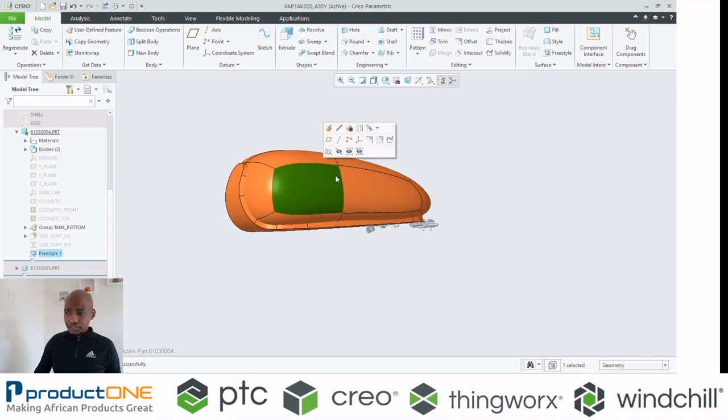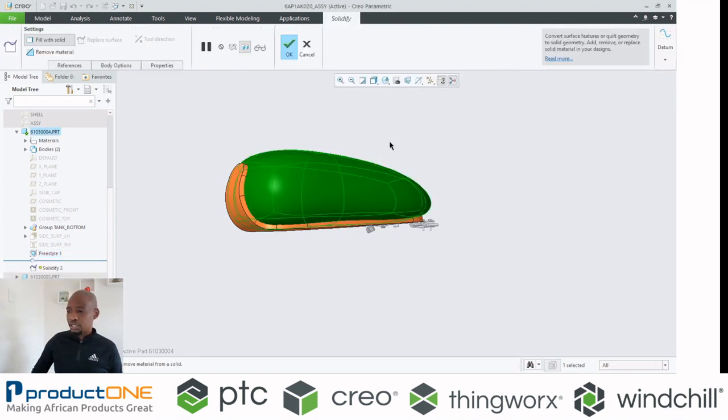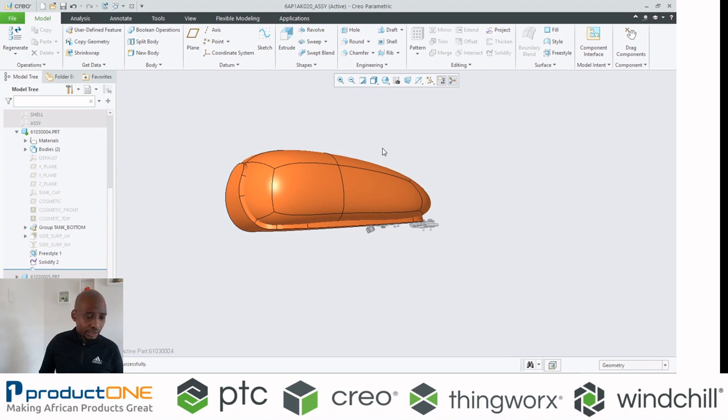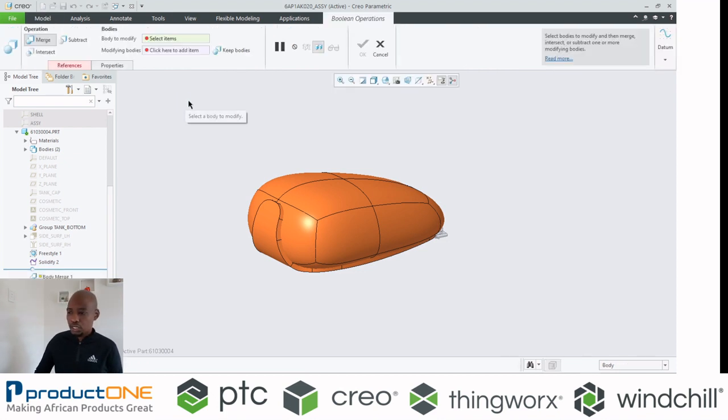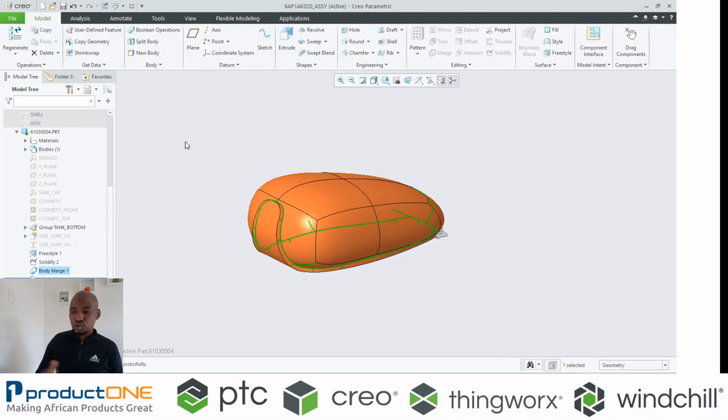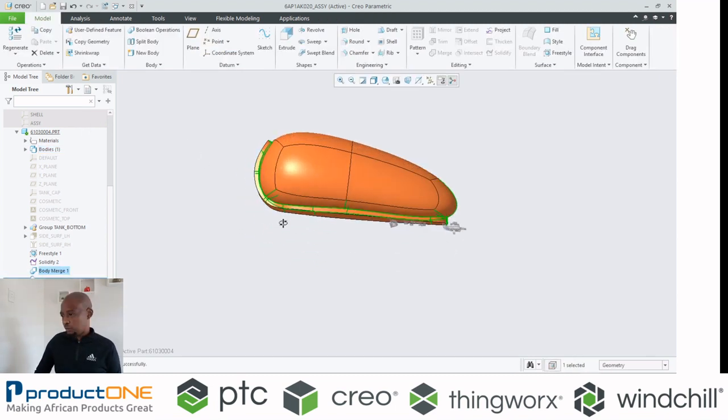Now, this is a surface. I can make it a solid just like that. So now you could modify or merge two pieces of surfaces before, but this time around PDC on Creo 7, they introduce what they call a Boolean operation, and you can link those two bodies together, and this is what we have.